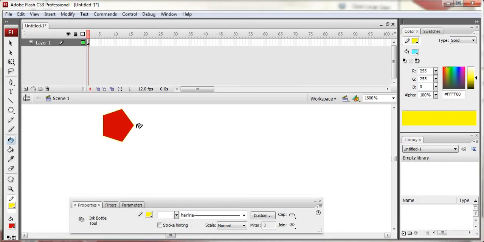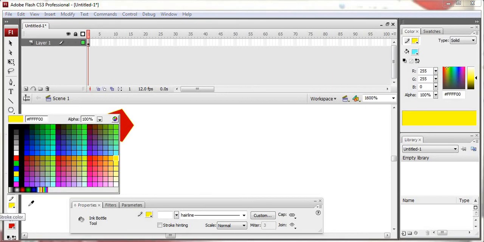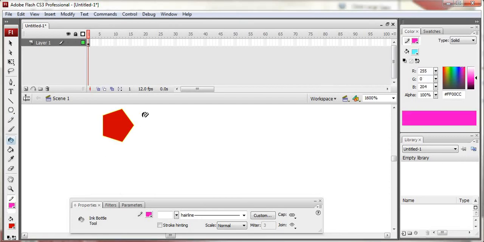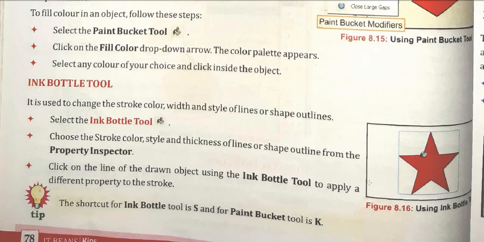So see, the stroke color has been changed to yellow. Suppose I want to change it to this pink. Okay, so I have taken ink color and I'll click here. See, pink is the outline or the stroke of this, right? So this is the use of the ink bottle color.